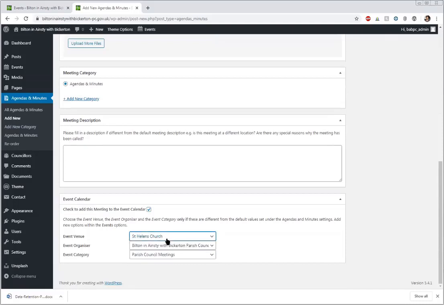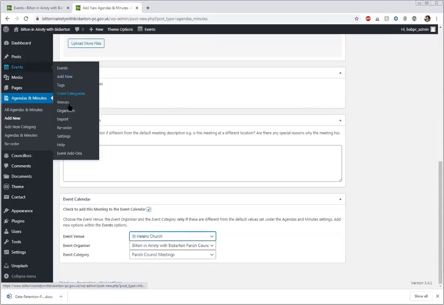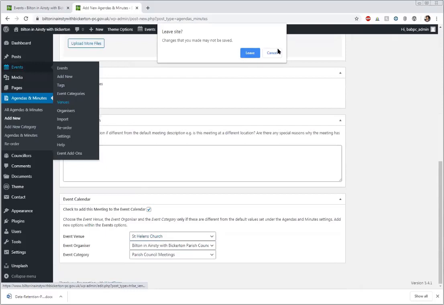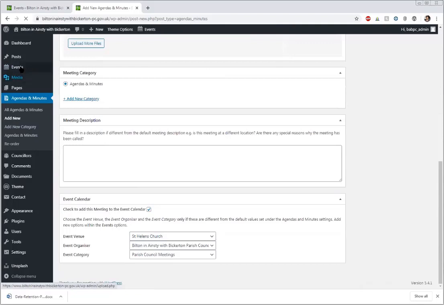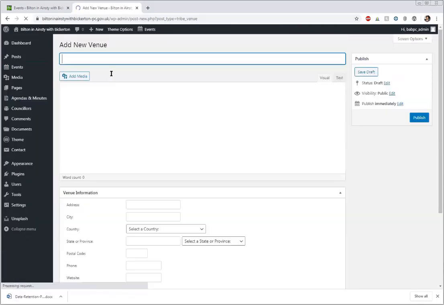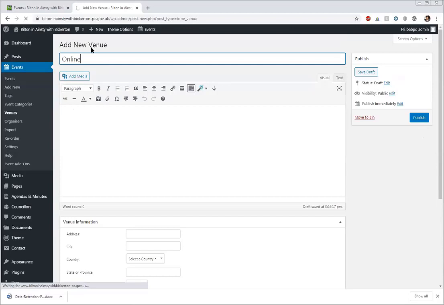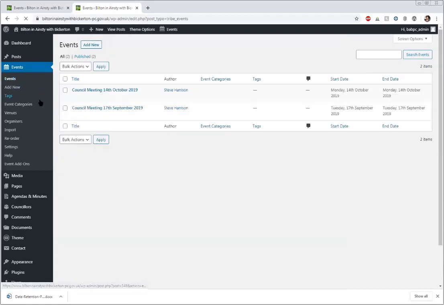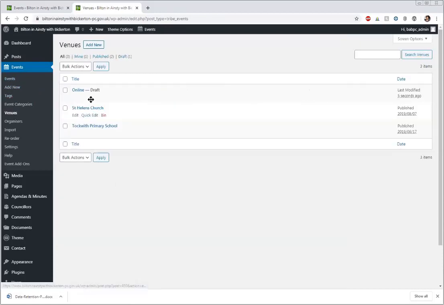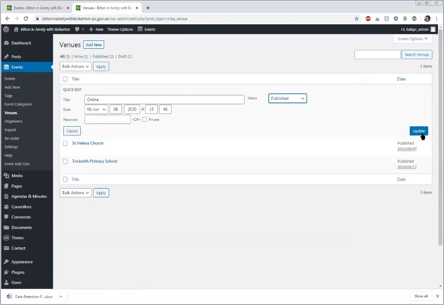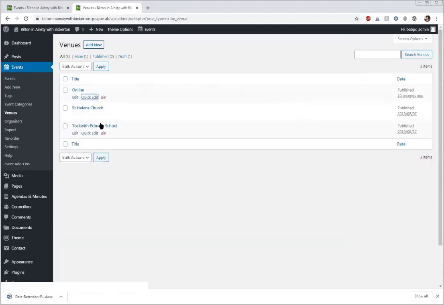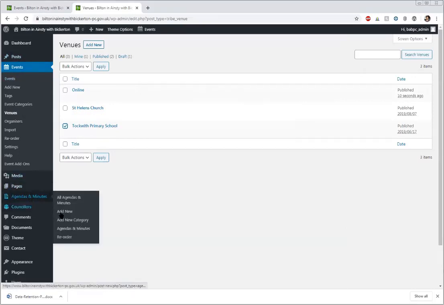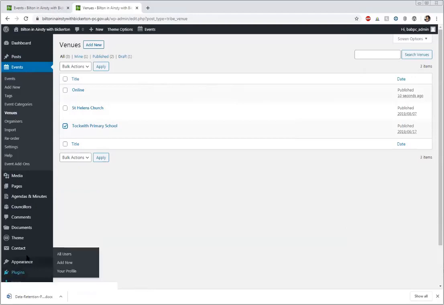It might not be at St. Helens Church. If it's not, back up to events and venues. And in fact, let's leave that one. Let me put in online. Well, no, actually, this is live, isn't it? You can go and add in, because St. Helens Church is not where we meet really anymore. Okay. It is there as an option for us, and we did meet once when we couldn't get in. But the primary location is Tockwith Primary School. Okay. There, isn't it? Yeah. Fab. Okay, let's do that. That wants to be the default one. Okay, sorry. Yeah, let's do that for you as well.